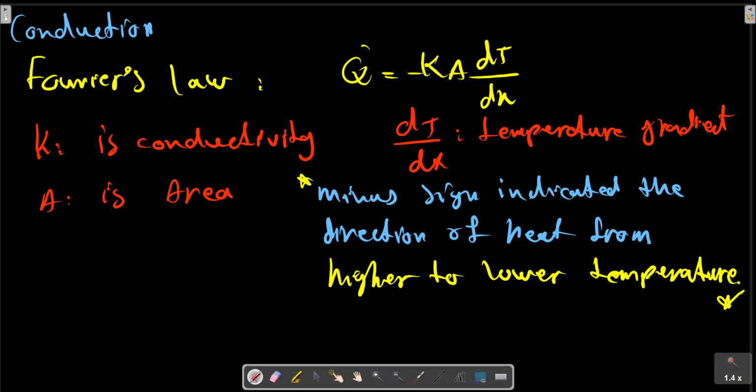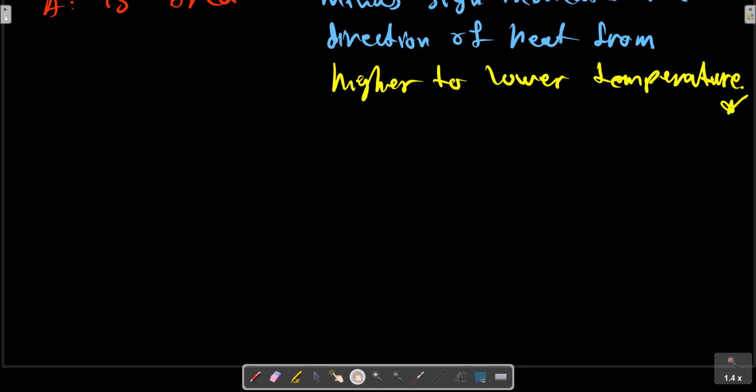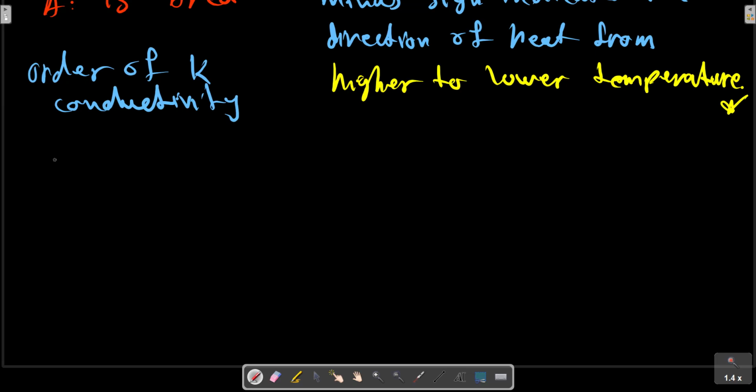Often the gradient is evaluated as a temperature difference divided by a distance when an estimate has to be made, if a mathematical or numerical solution is not available. Values of conductivity are on the order of 100 for metals,